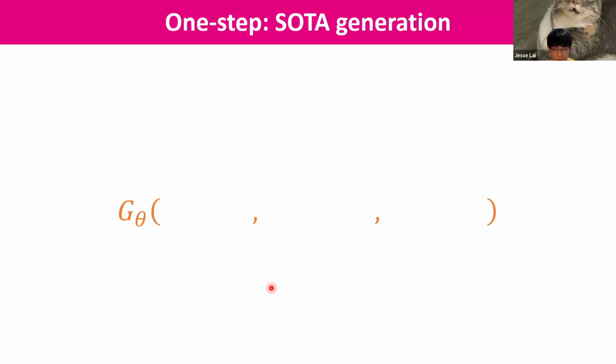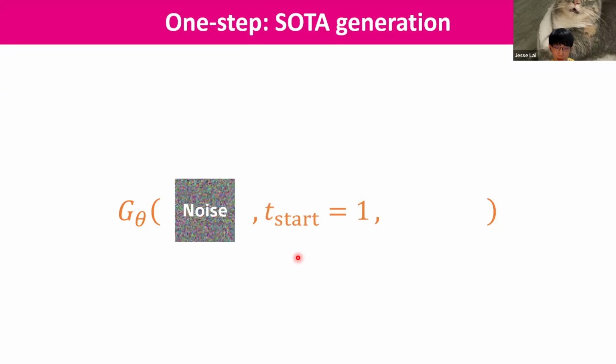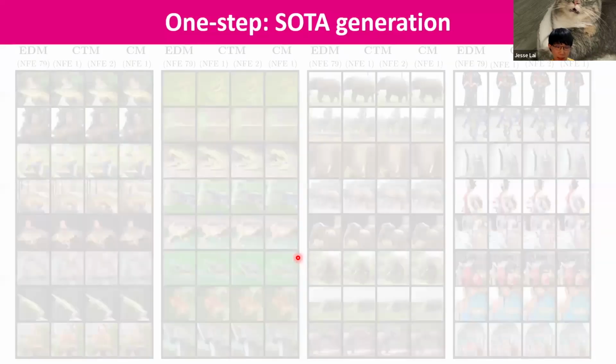For 1-step sampling, once we have a well-trained CTM model, we start from random noise, choose the starting time to be 1, because 1 is the very noisy time step, and then output the end time to be 0. This will give us the 1-step generation.